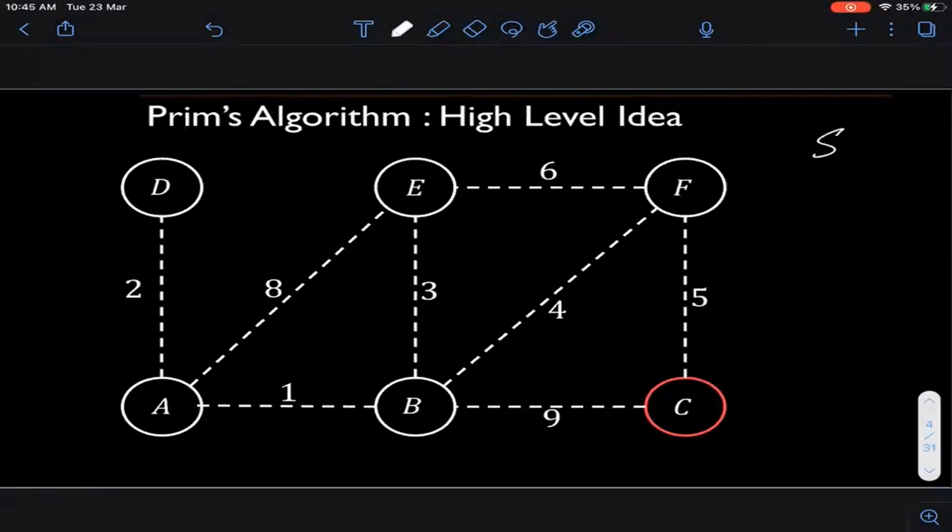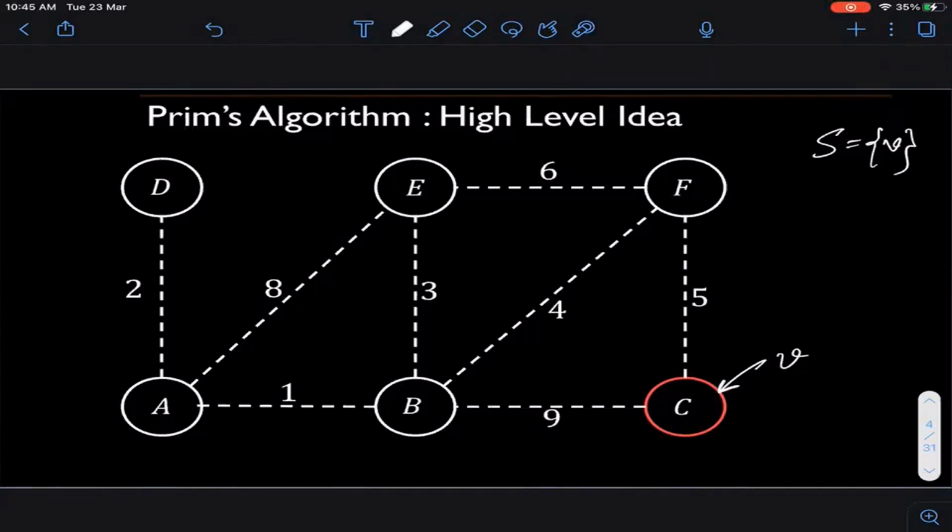So it will start at any vertex. It's a connected graph, so I don't care about where I start. So in this particular example, let's say this is, in some sense, the root vertex. Let's call it V. So we will start from V. So the initialization of S happens with a single vertex. And then at every iteration, I try to include one vertex from V minus S into S. So the vertices in white are part of V minus S. From them I will choose one vertex to be added to this set S. And whatever is S will always remain connected.